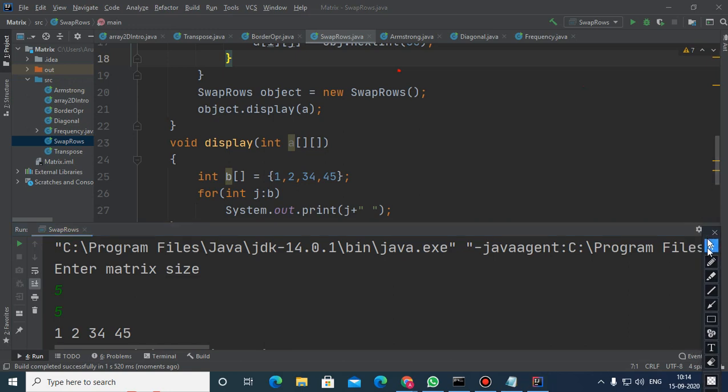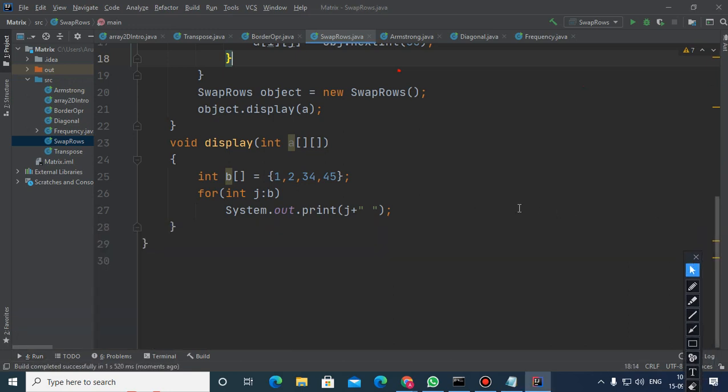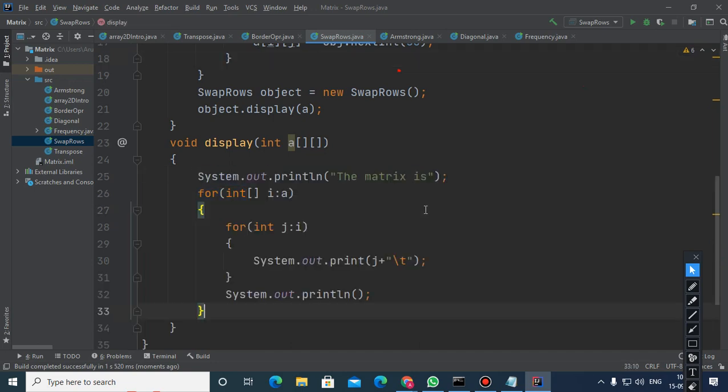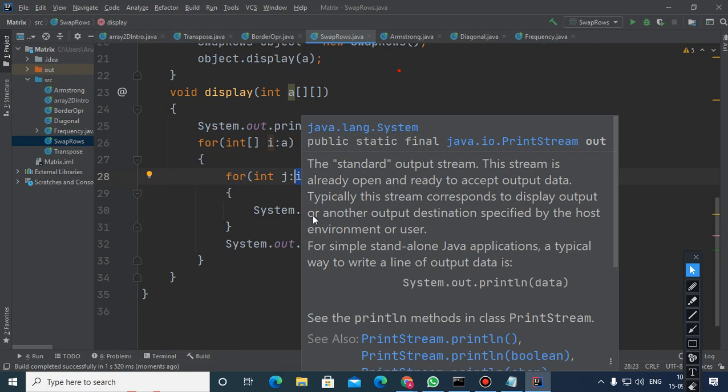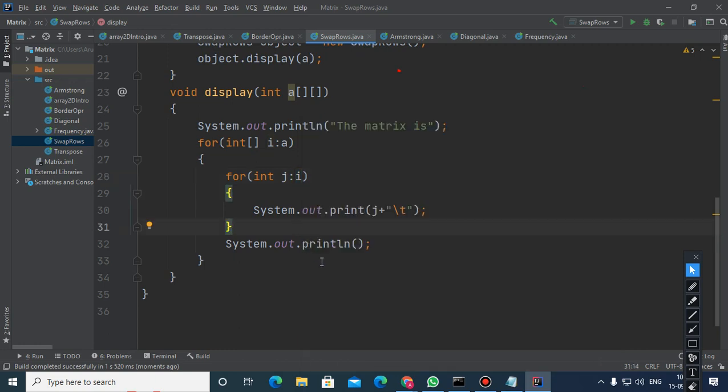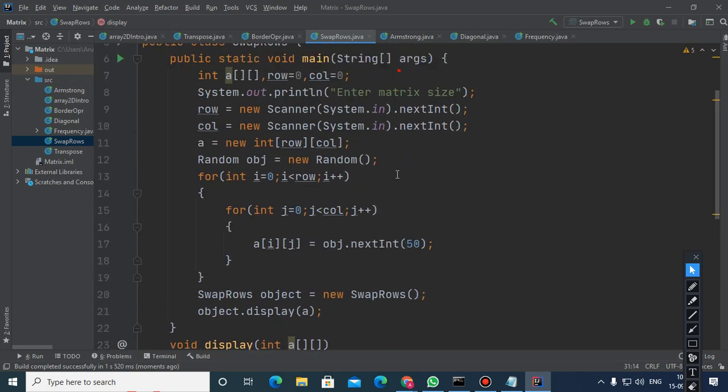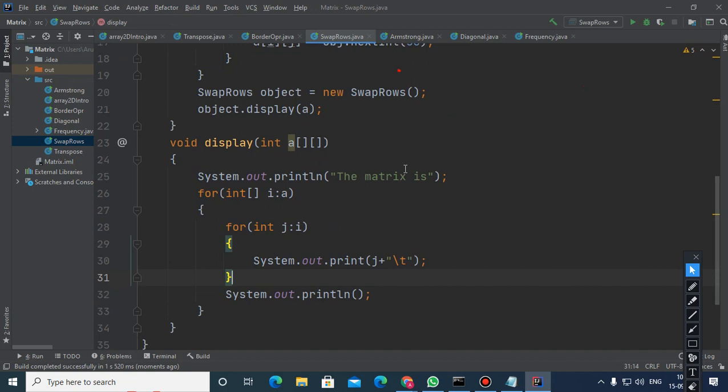So if you focus on the previous code, that code is actually extracting the row with the help of the i loop, but printing the elements of that row with the help of the j loop. Where i is not a simple variable, it is actually one linear array which is representing one of the rows of the matrix at a time. If you still have any doubt, then please ask.